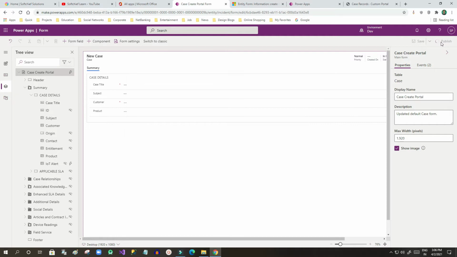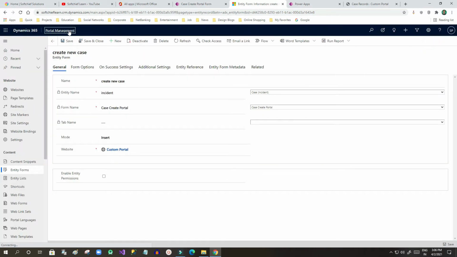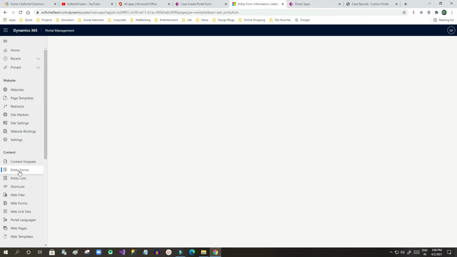Once it is published, I will go to the portal management app, and I will go to entity forms.